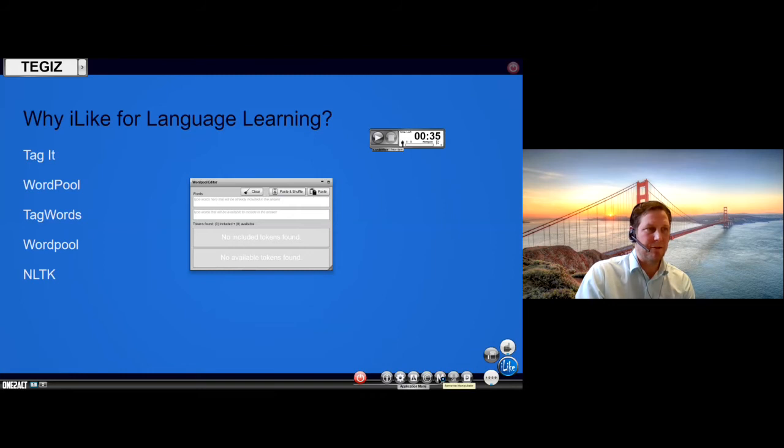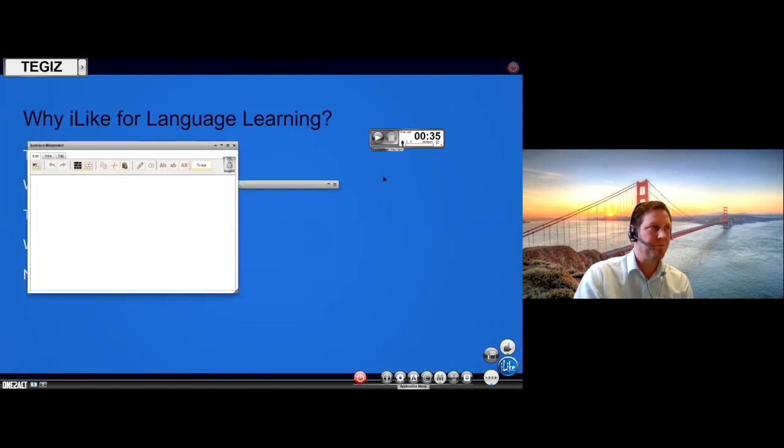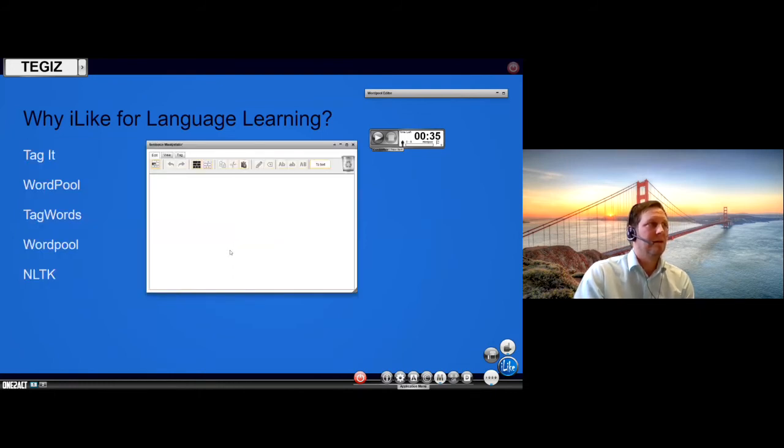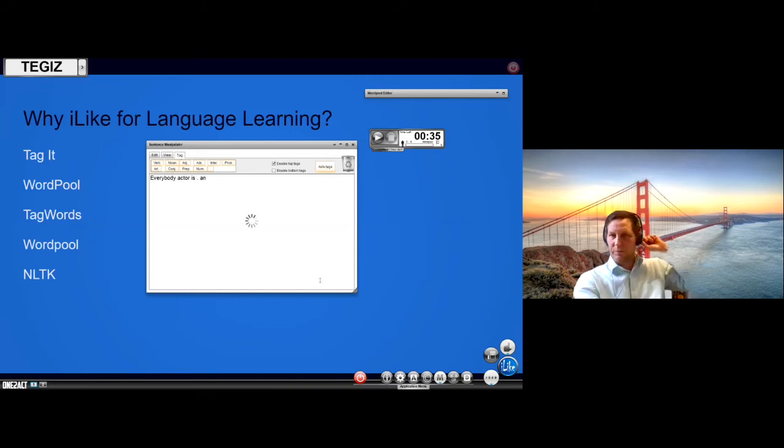What is really interesting, but not enough developed, is that you got something called a sentence manipulator inside. This one is connected directly to, let's see, tokens. Everybody is an actor, for example. This sentence manipulator is connected directly to NLTK, Natural Language Toolkit, which is an underlying intelligent tutoring system that recognizes English grammar. And you can also do a lot here, and you can drag and drop and move it around, and you can tokenize it, and you can make it text. One of the interesting things is that you're able to auto tag words, and hopefully, as long as it works,